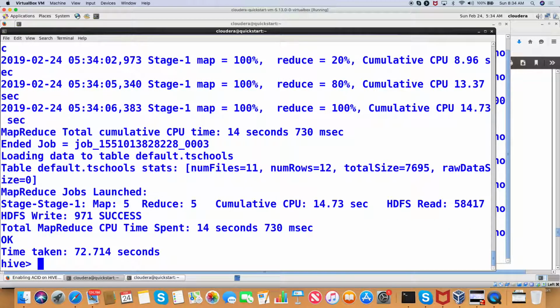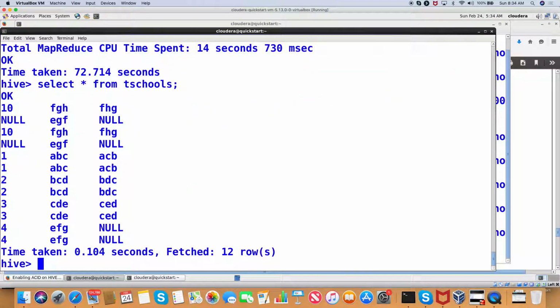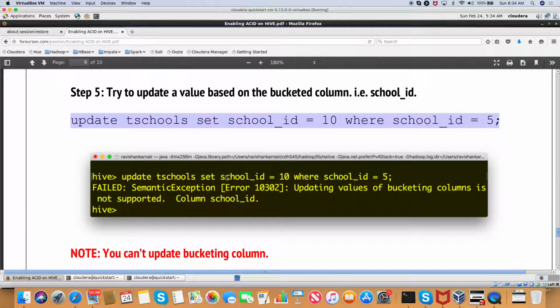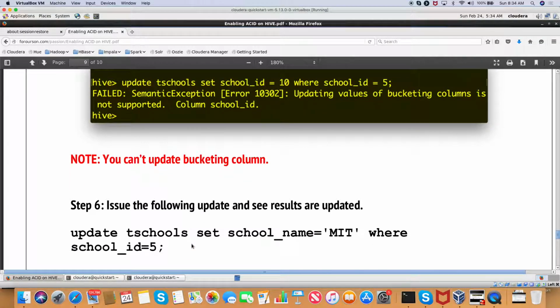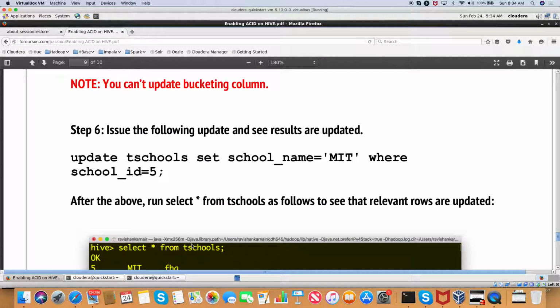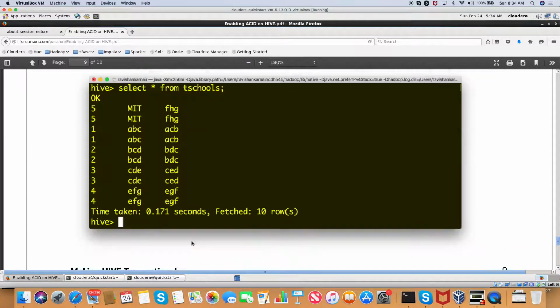Right, and now let us execute the select star from schools. Please look at that. For the first time, we updated Hive with a value. So this particular one is old, where you will not get an error. You can't update a bucketing column. Now the bucketing column can also be updated. So just make a note of that. Okay, I will change it later. All right. Similarly, now you can change the school name and you can get that particular result,